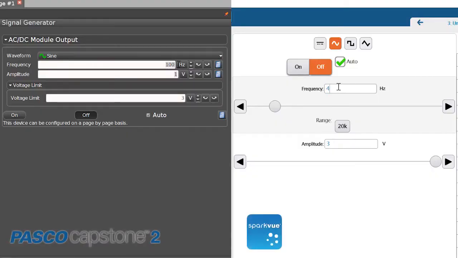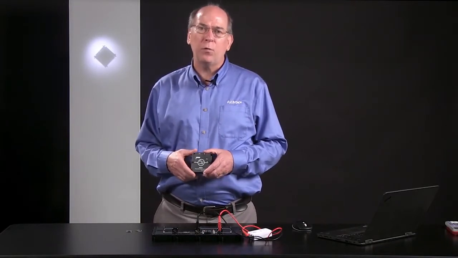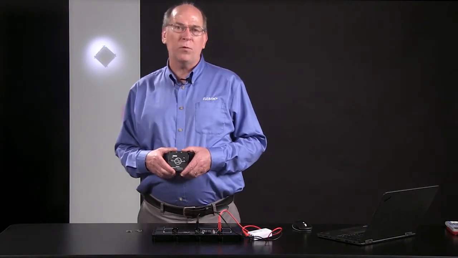Both software programs have a user-friendly control interface for configuring the AC-DC module. It also can be controlled using Blockly programming. Teachers will appreciate the built-in overcurrent and over-temperature protection. The ability to generate AC waveforms allows students to quickly probe the characteristics of various circuit elements and learn how